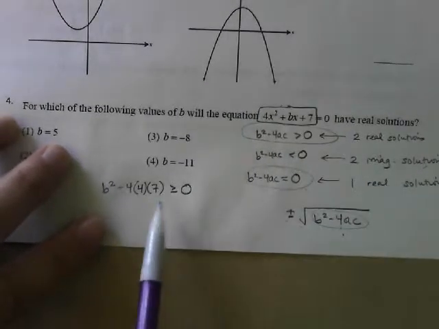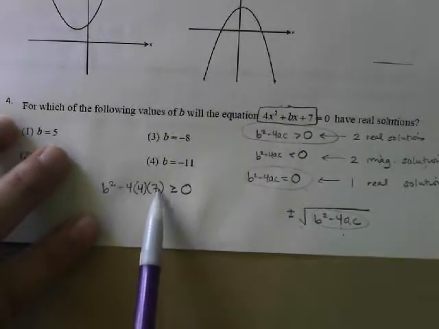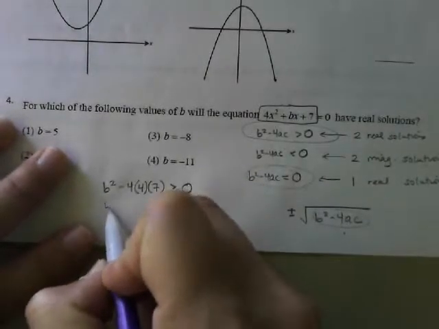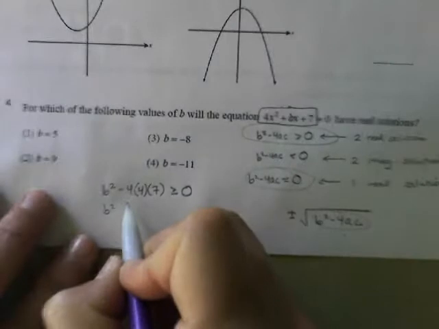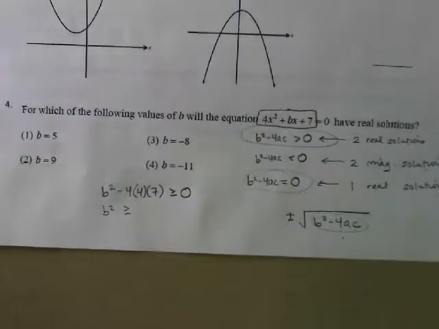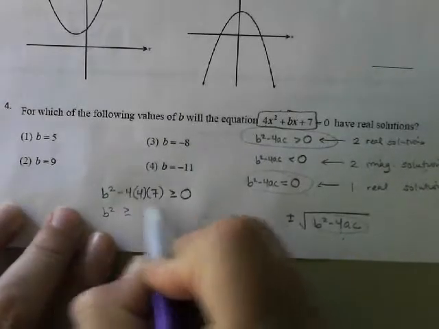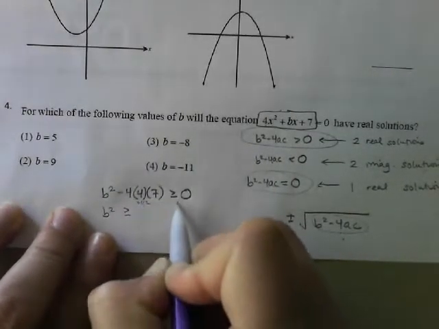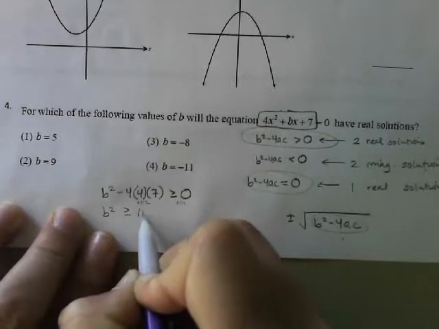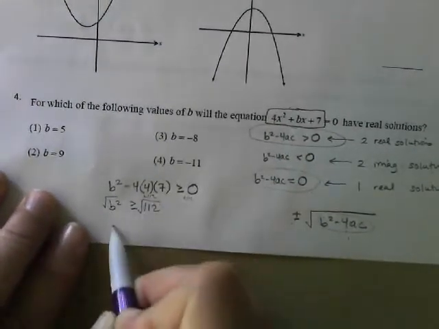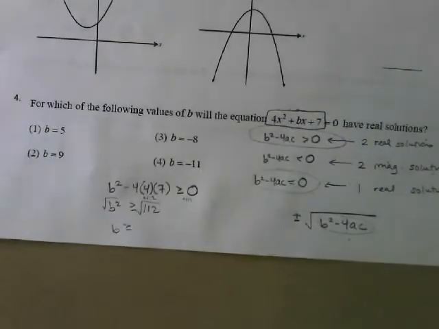And so if we just solve this to make sure our b squared minus 4ac stays at or above 0, oh boy, 4 times 4 times 7, 112. So if I add the 112 over, I get b squared is greater than or equal to 112. Square root of both sides, so you want b, the square root of 112,